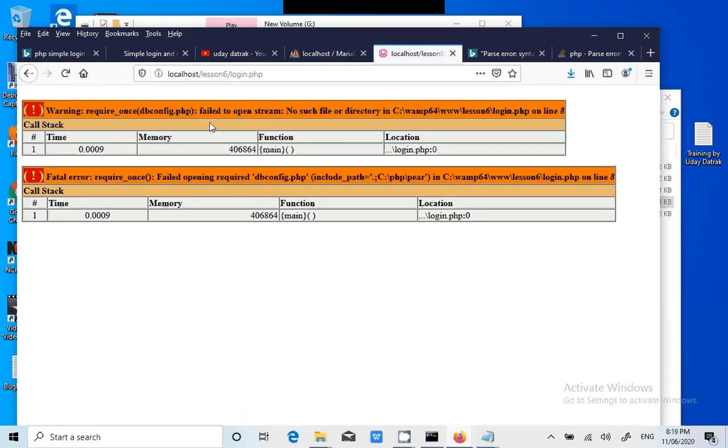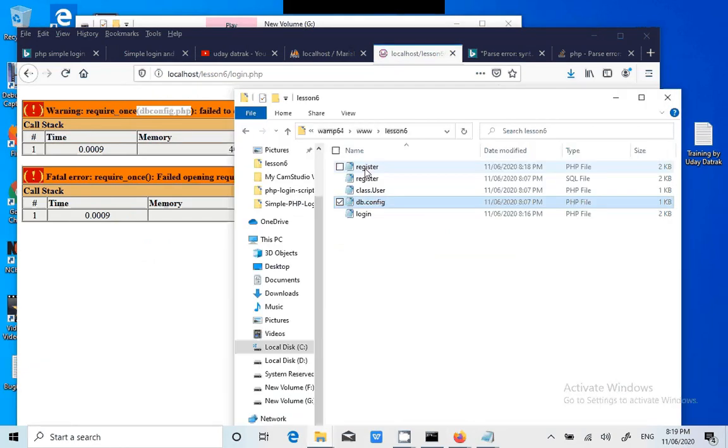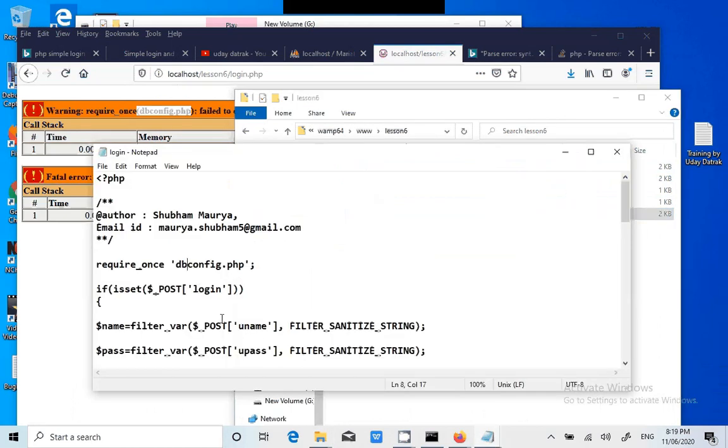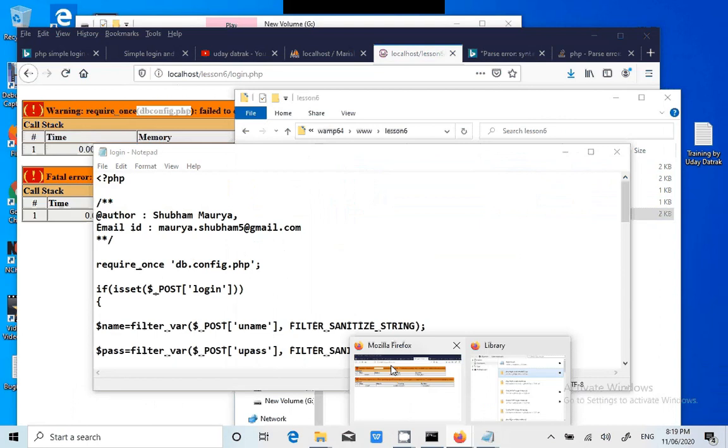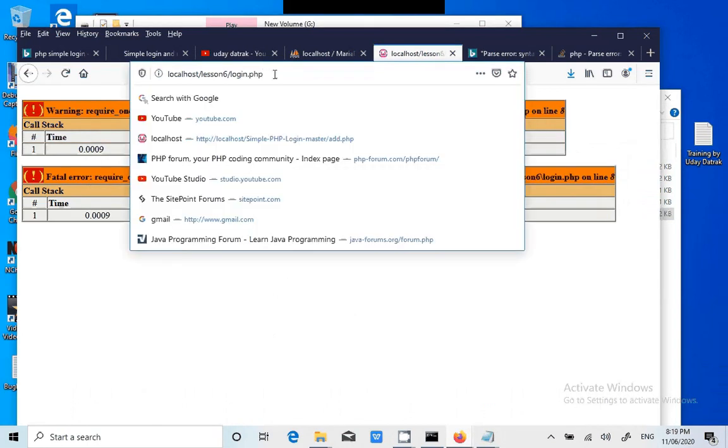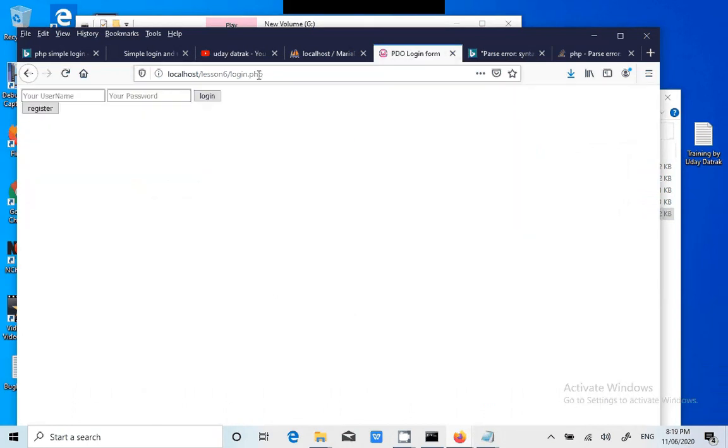on the register and login page, when you click on login, again it is throwing some error. Within the login file, require_once, failure to open, this file is missing. Now I go to login.php and I'll append a dot. I don't know why people upload the test environment code itself directly.